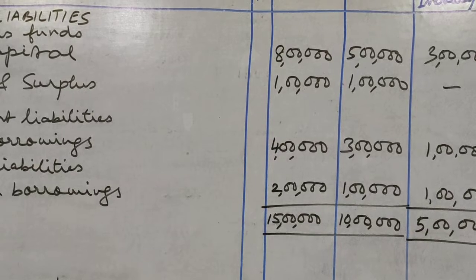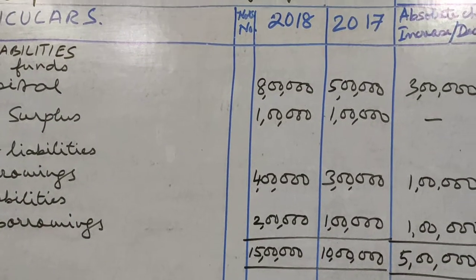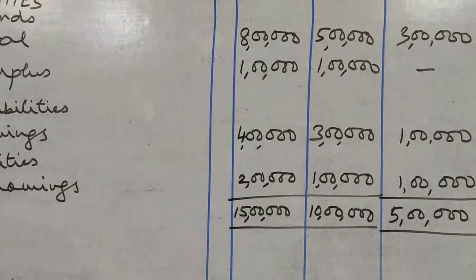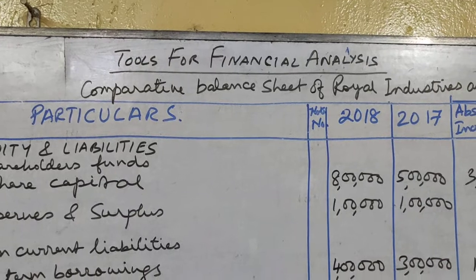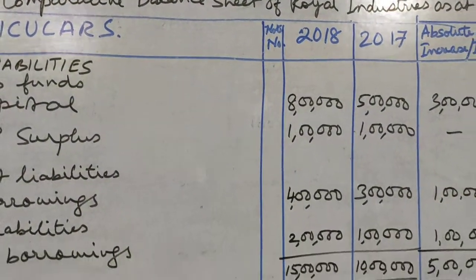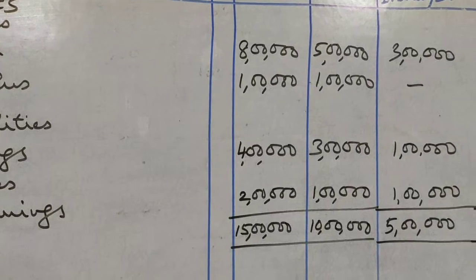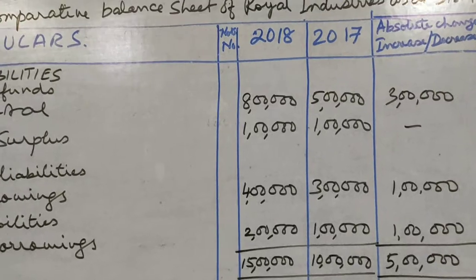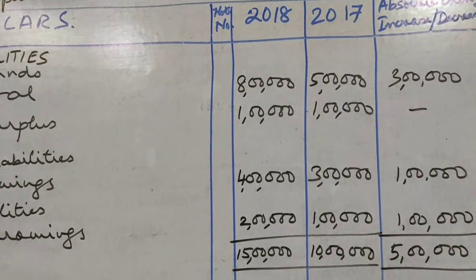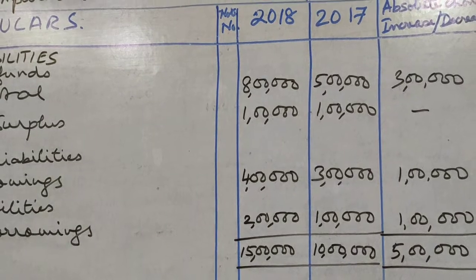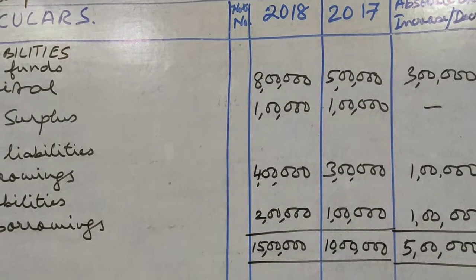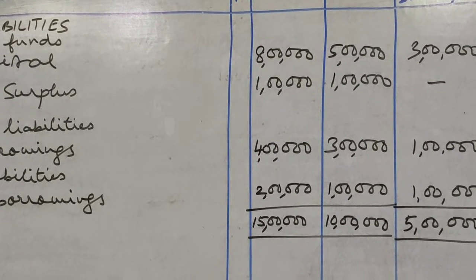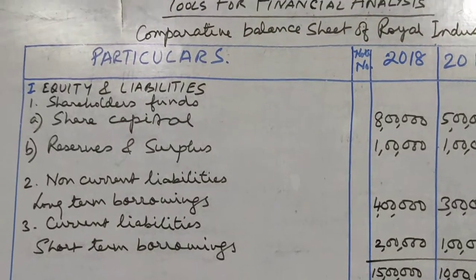Then it compares the firm's performance with the previous year's performance. So we make a comparison. That is why the name comparative statement. And to help in forecasting, sometimes the management can forecast based on the trend that is being followed, that what has happened and now what may happen, what is the trend, whether the things are increasing or decreasing, what things are increasing, which are decreasing. So it's a very easy topic.